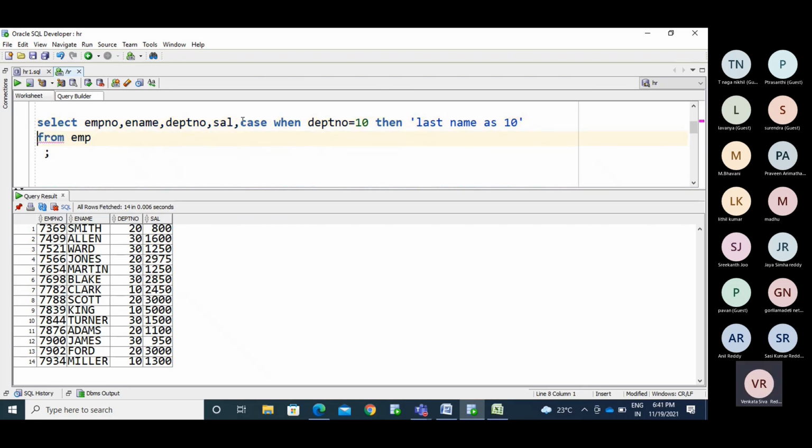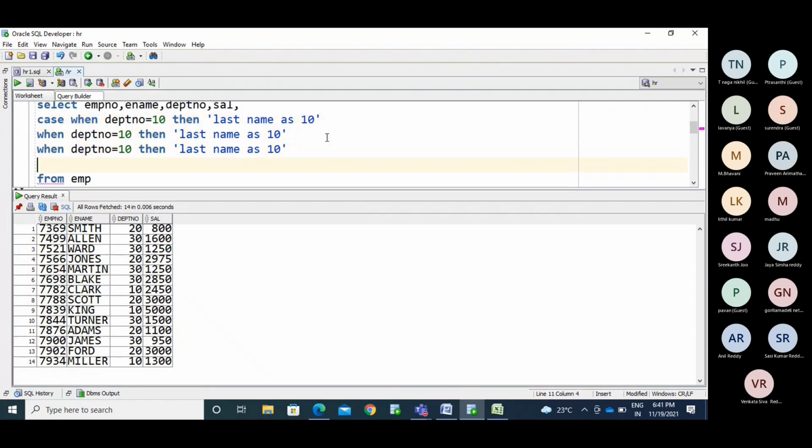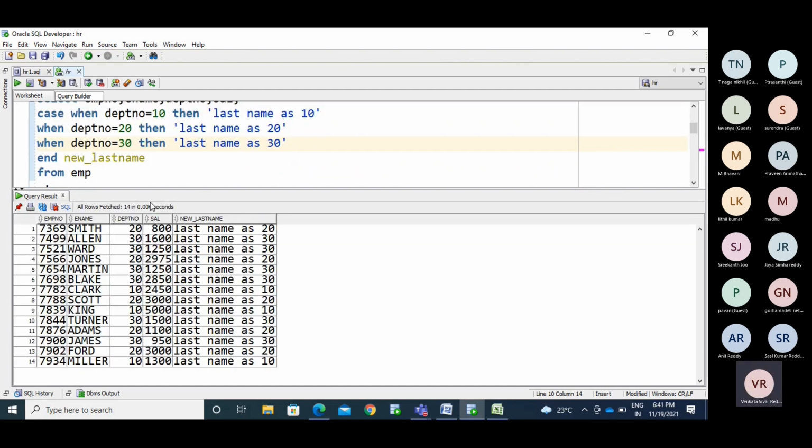For understanding purposes, I am writing it like this. See, Smith 20, so you are getting the last name as 20. Okay, 30, you are getting the last name as 30.